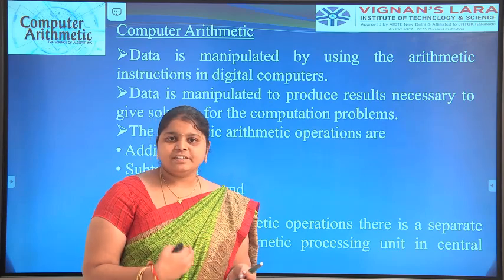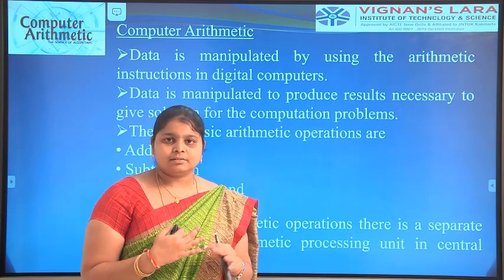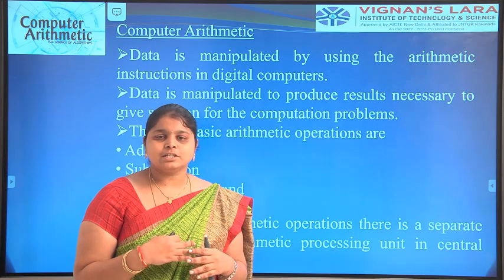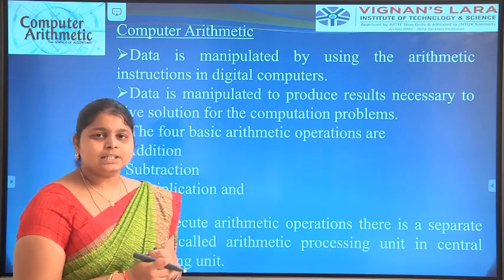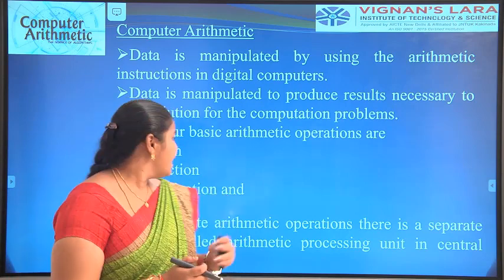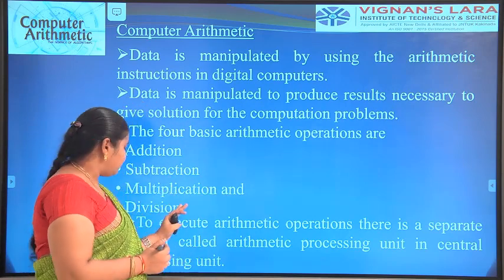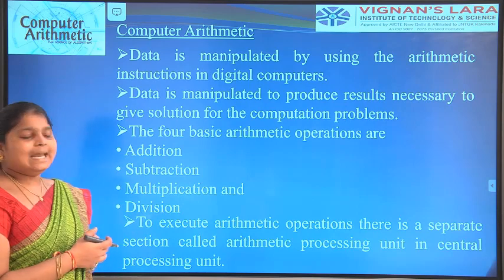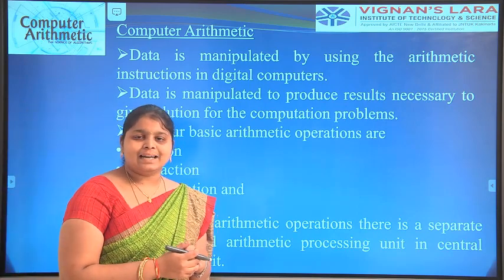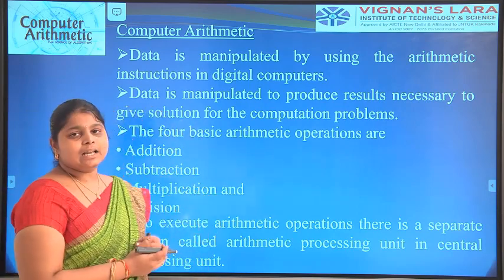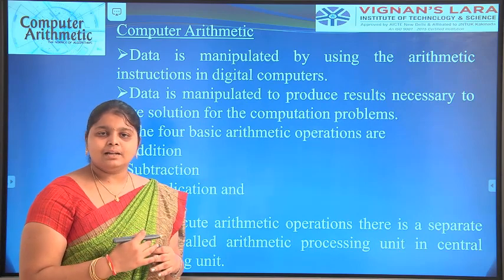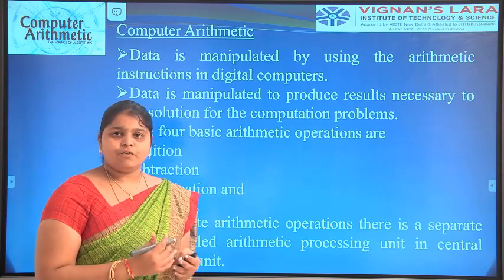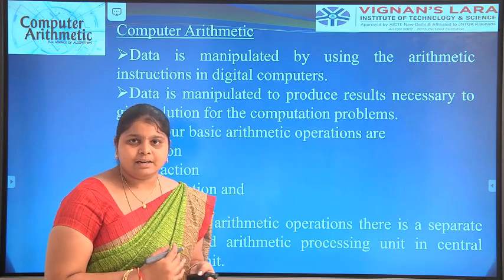We have to retrieve the data and all types of data in the computer organization. In computer organization, computer arithmetic means addition, subtraction, multiplication and division. The data that is manipulated by arithmetic is in digital form. Computer arithmetic can be calculated using the digital form. Digital form means in the form of binary numbers.